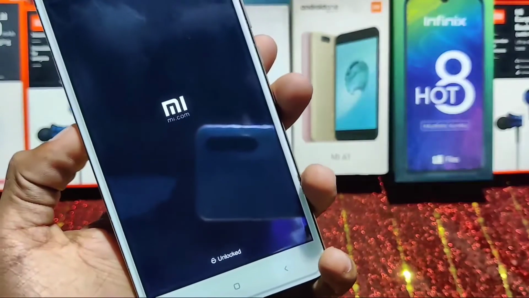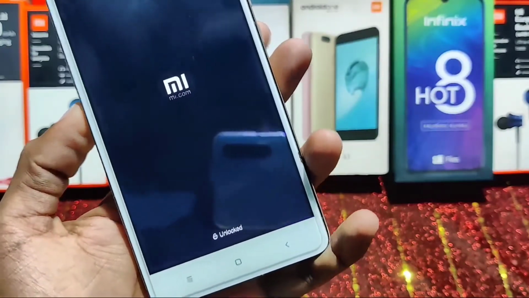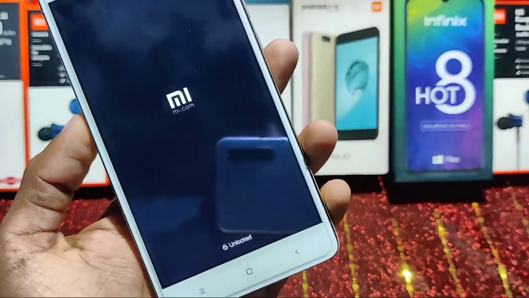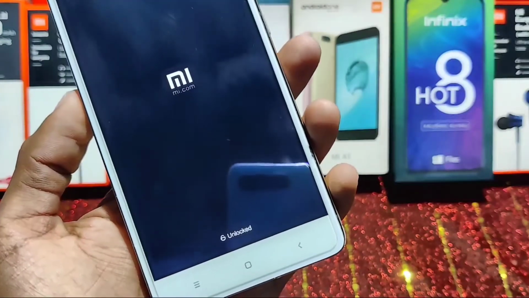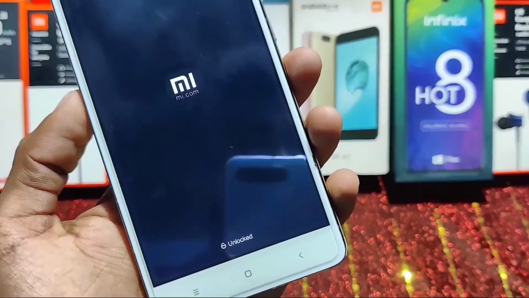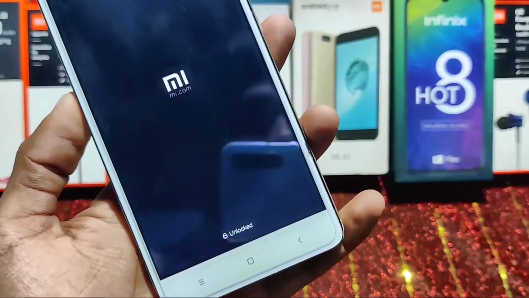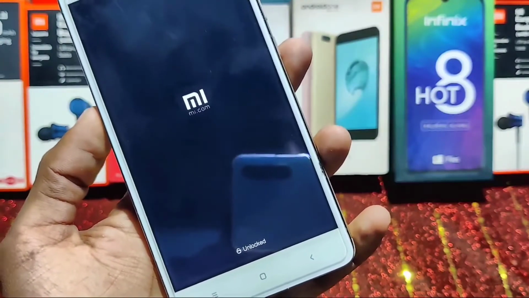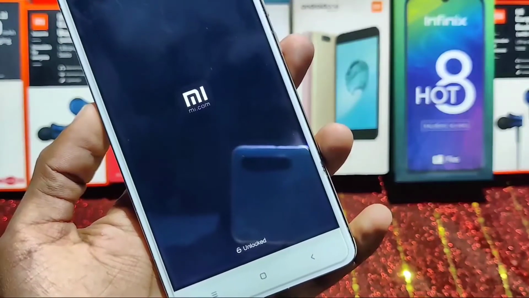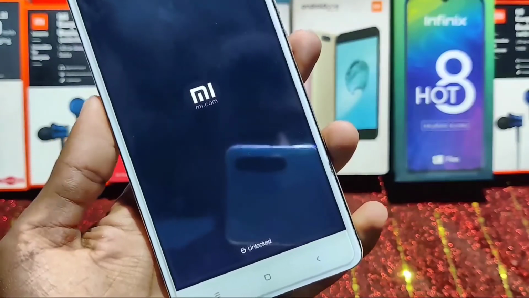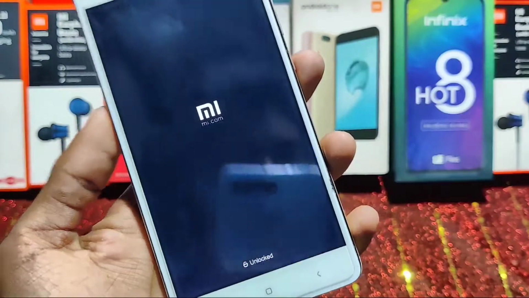So this method will work on any device, guys. You can try it on any Qualcomm or MediaTek device which is bootloader unlocked. So if you are facing any boot loop issue after flashing any stock ROM or any other ROM, then you can flash this. If you flash Magisk, you will find something like disable DM Verity. That is also called the lazy flasher. So you have to flash the lazy flasher.